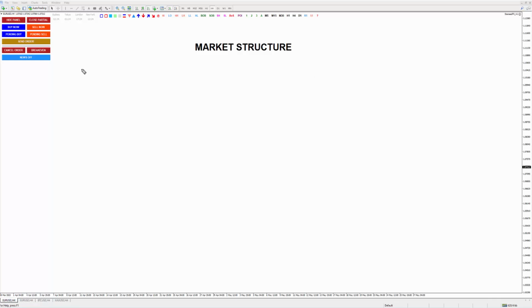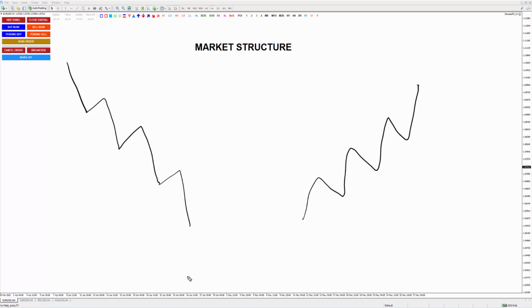When it comes to market structure, we know that there is a downtrend, right? And then there is an uptrend, or there is a sideway. More or less something like that. Obviously this is just a picture. When it comes to a real chart, it will not be as neat as this, but we will go to the real chart soon. I just want to give you a quick overview so you will understand later on how to trade it.